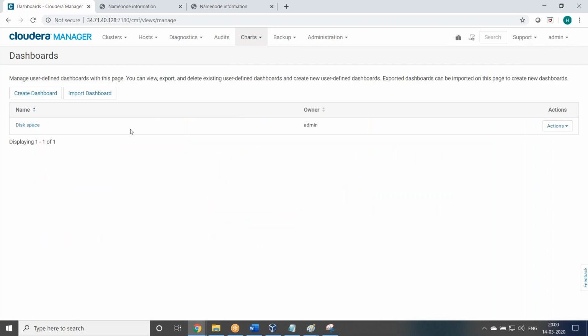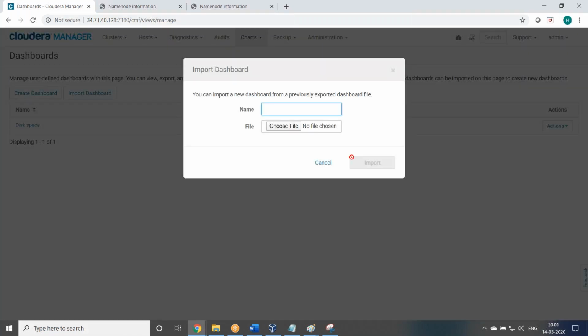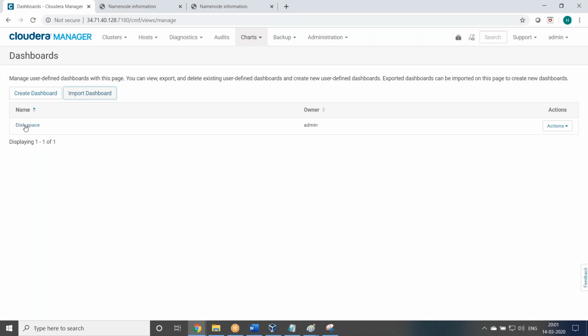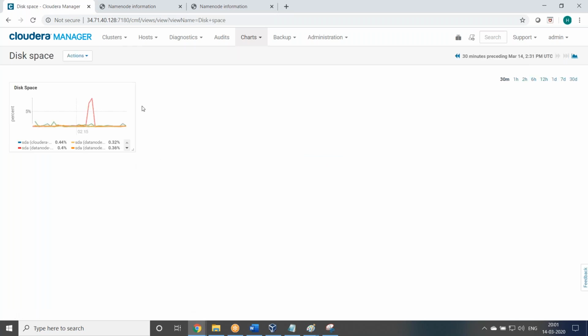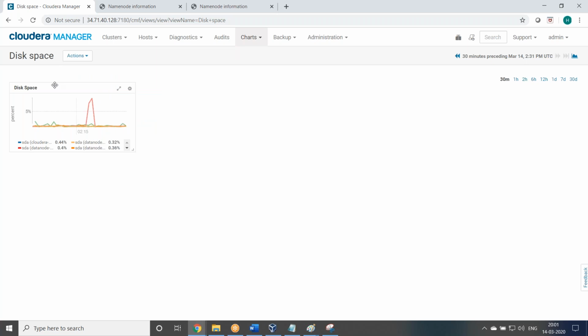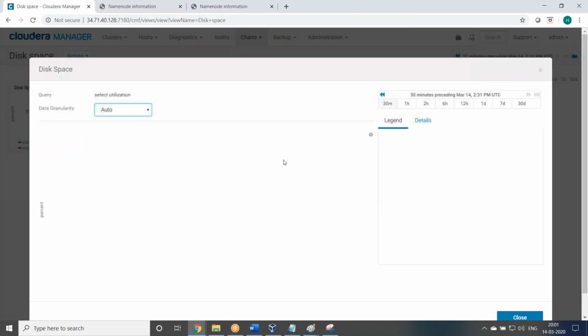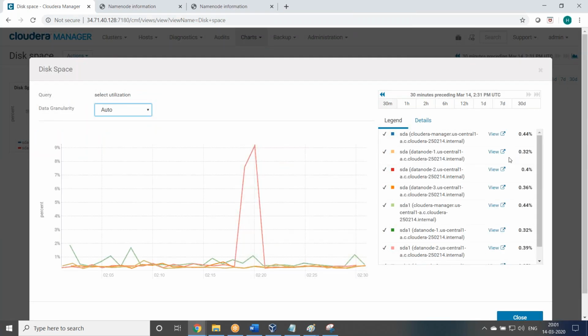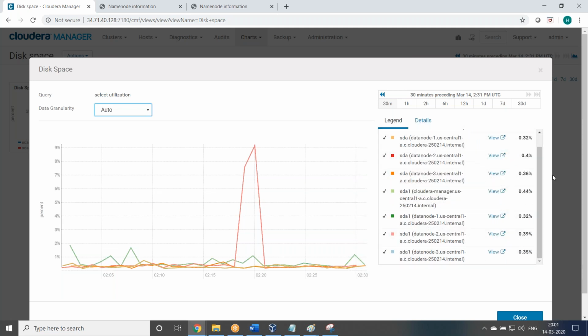Actions: edit, clone, export. So import dashboard. Okay, that is import dashboard. This says we have to add it. There is an option. But you can see the disk space this way. I did not find how to add it into the main dashboard.